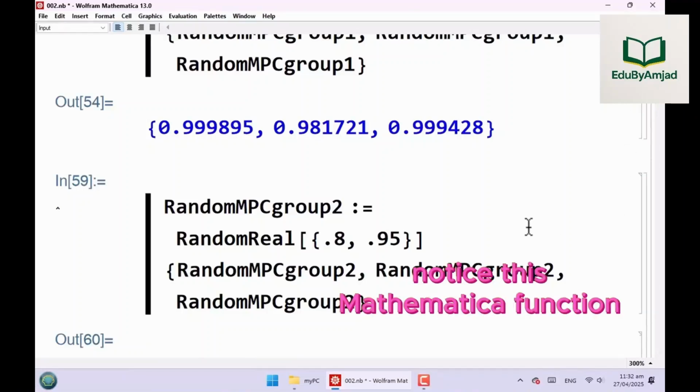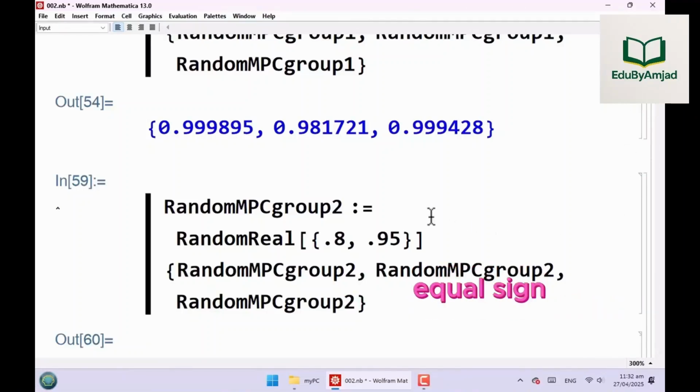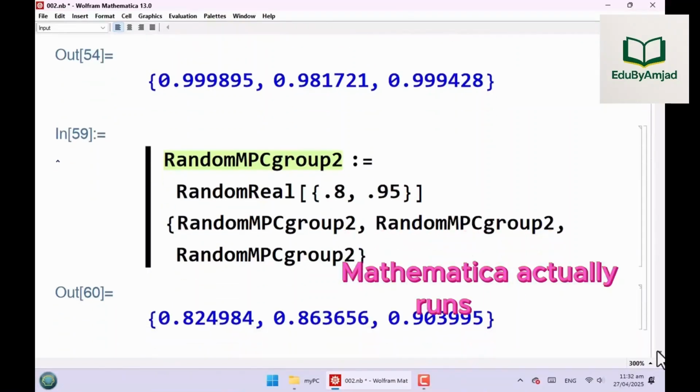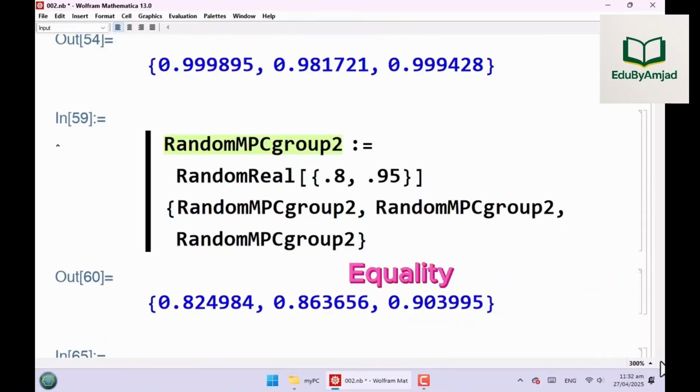Notice this Mathematica function shown by colon and equal sign. It is a special type of assignment or equal function. Every time we use what is on the left-hand side of it, Mathematica actually runs what is on the right-hand side of this equality assignment symbol.